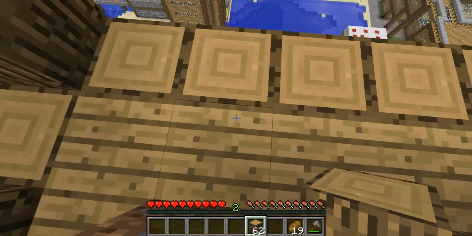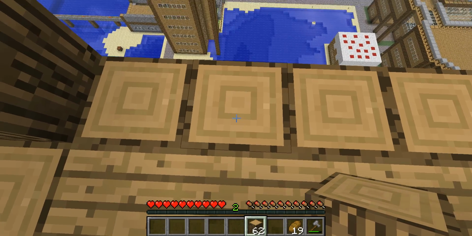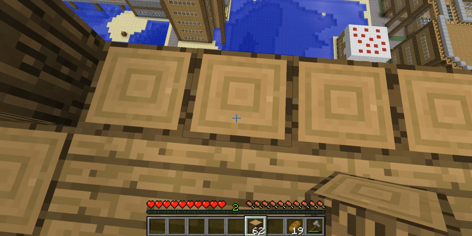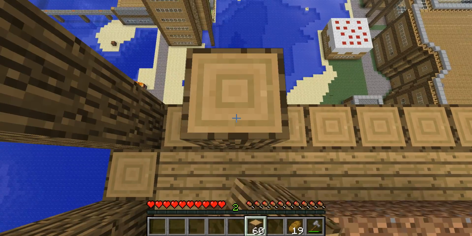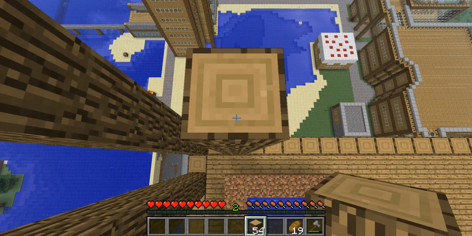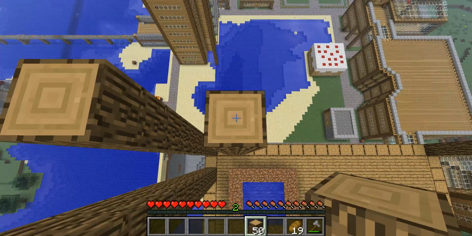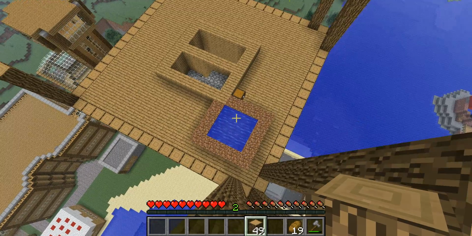So we need to build a column here. That'll go to the exact same height of this, and I'm going to crouch just, you know, to be on the safe side. Anyway, let's go then. So I think it needs to be 13 blocks up. So 1, 2, 3, 4, 5, 6, 7, 8, 9, 10, 11, 12, 13. And I don't think this does anything, but let's just jump into...